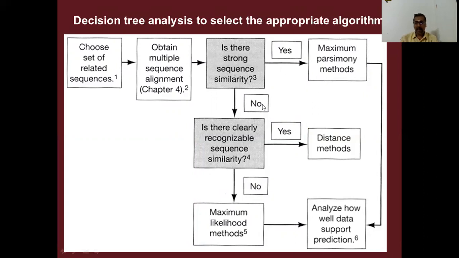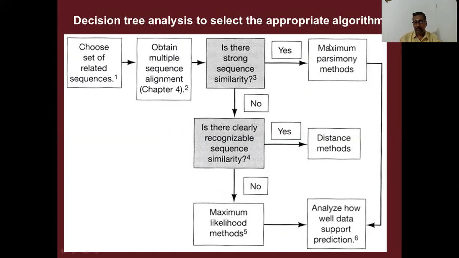Now this is a decision tree. A decision tree will ask yes or no questions. Is there a strong similarity? Is the sequence similarity very strong? If your answer is yes, then you go for the maximum parsimony method. As I told earlier, for maximum parsimony and maximum likelihood, the prediction of the phylogenetic tree is purely based upon conserved characters.